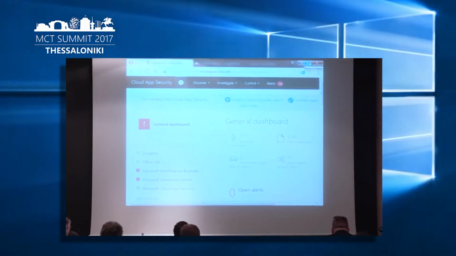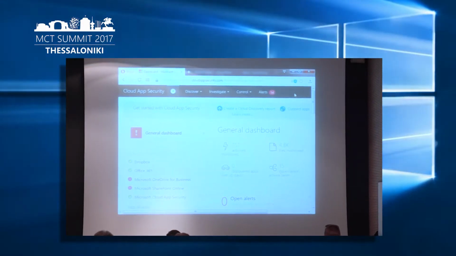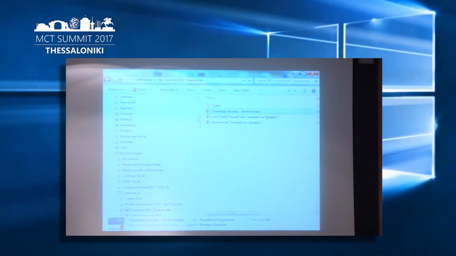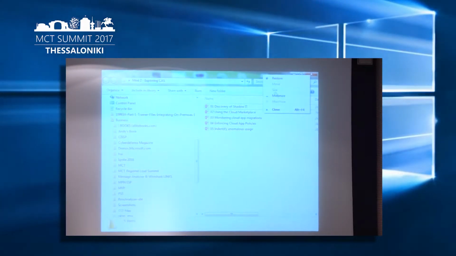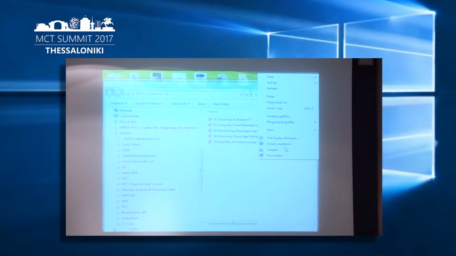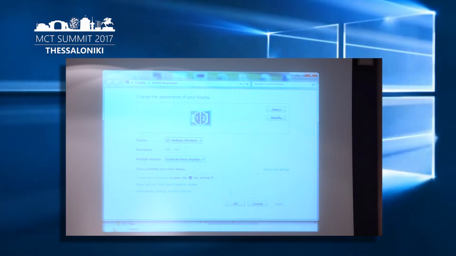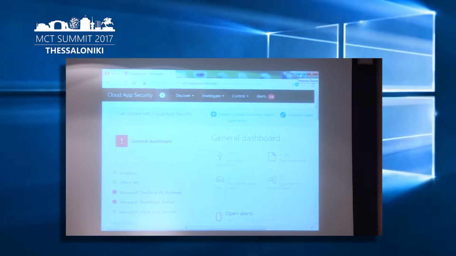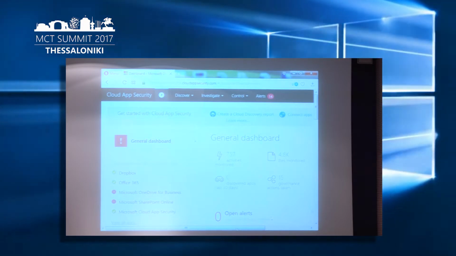Let me see if I can. No, it's not. Okay, never mind. I need more space in order to see more effectively here. But this is the start